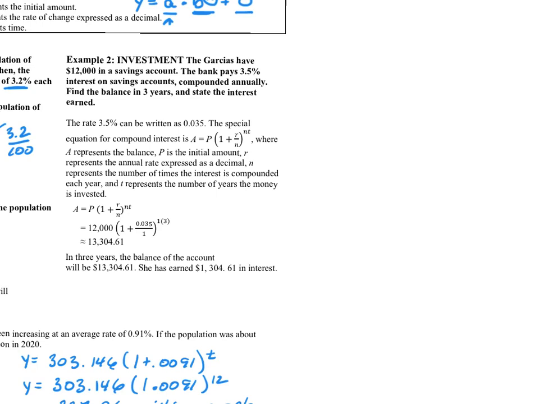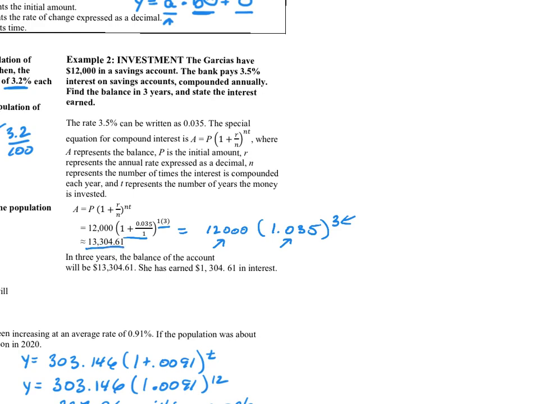But for this problem, we're compounded annually. So our ones here don't really change our formula enough. So let's just simplify our formula a little bit here. I've got my initial amount at $12,000. My growth rate, once I work all this out, just turns out to be 1.035. And the amount of time I want to see my investment grow, or the Garcias want to see their investment grow, is 1 times 3, simply 3 years. Initial amount, growth rate, measured after a certain amount of time. And that ended up giving us